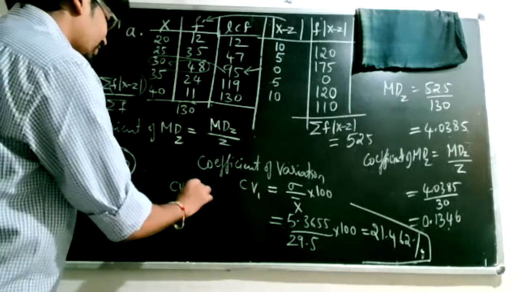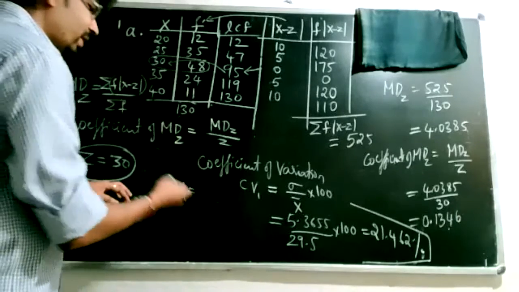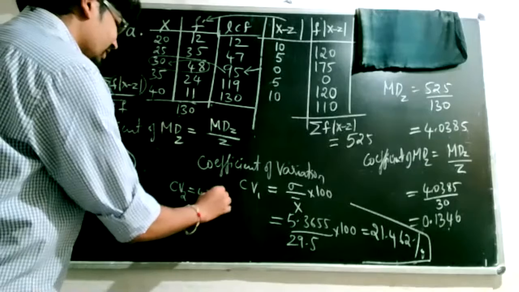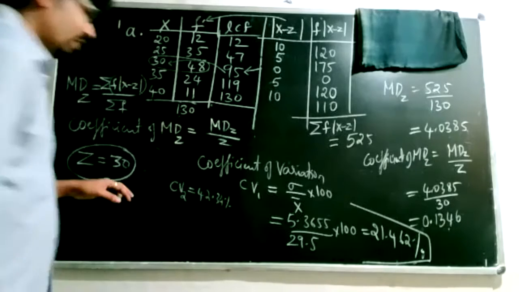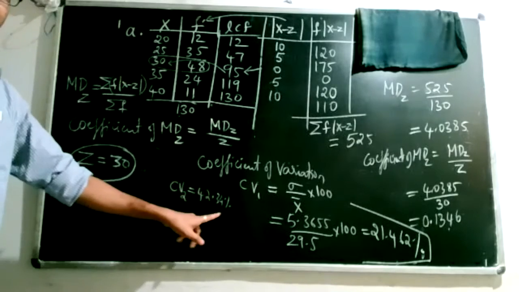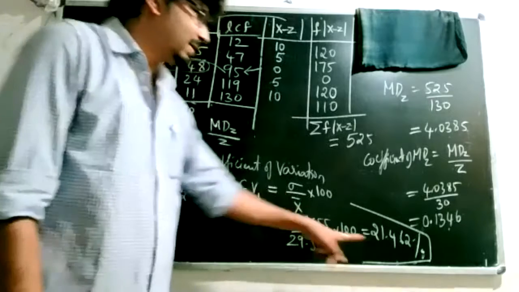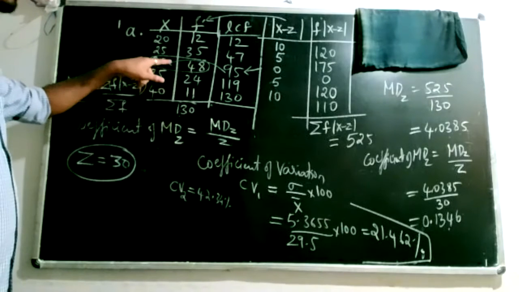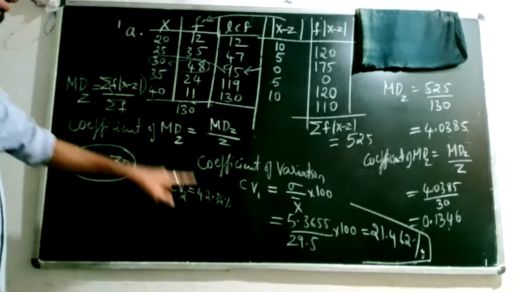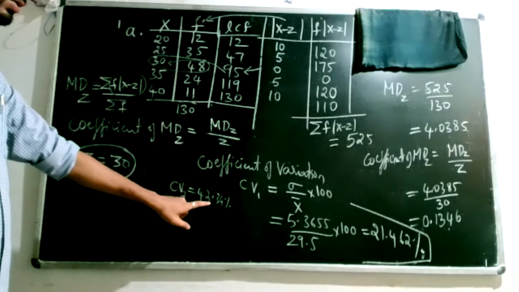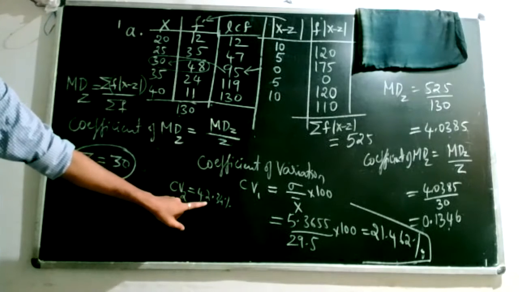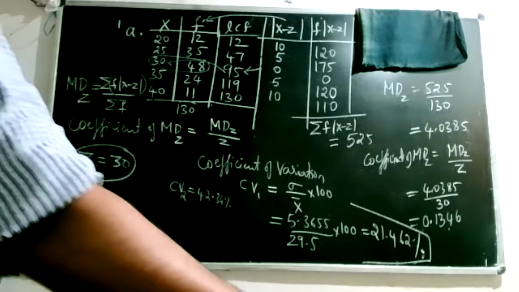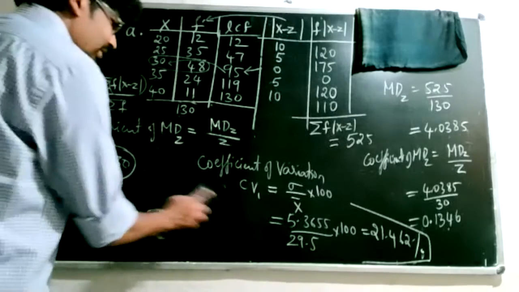So you can call this distribution 1, CV1. So I have another distribution, say some X and F, of which you're getting CV as 42.34%. Then if you compare the CV, you can observe that here it is less. So you can say that in this distribution, values are closer to its mean, whereas in this distribution, there are values which are far away from mean also. That is the conclusion. So that we'll look into in the next class.